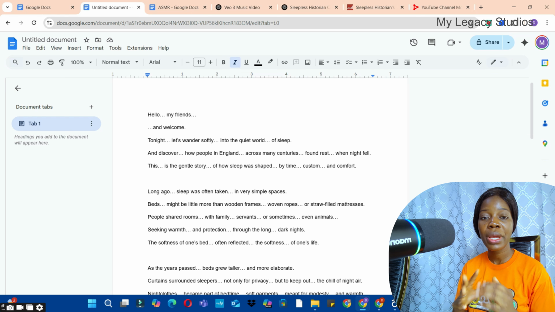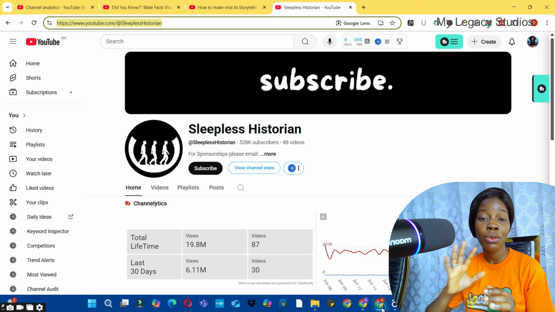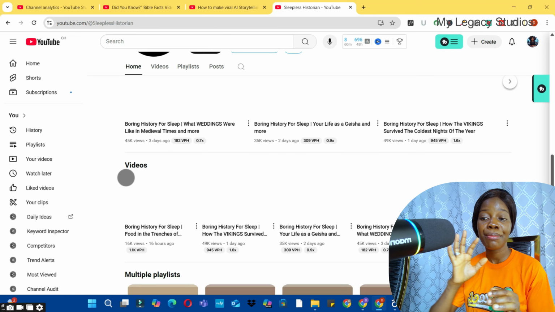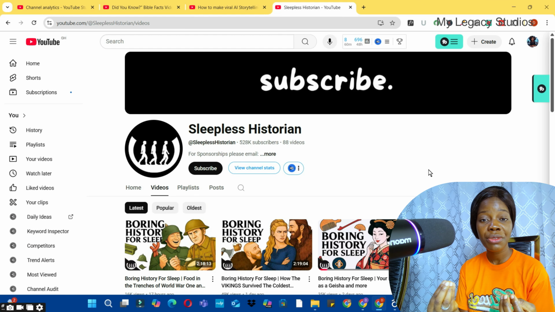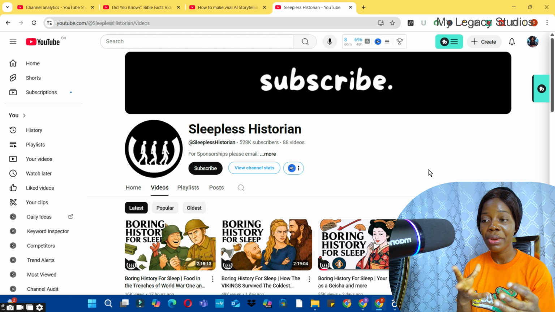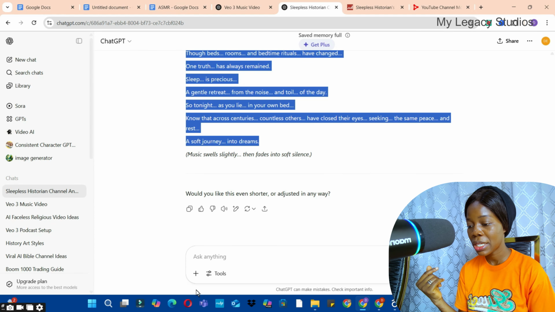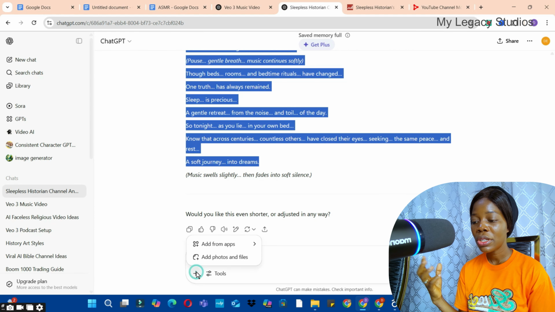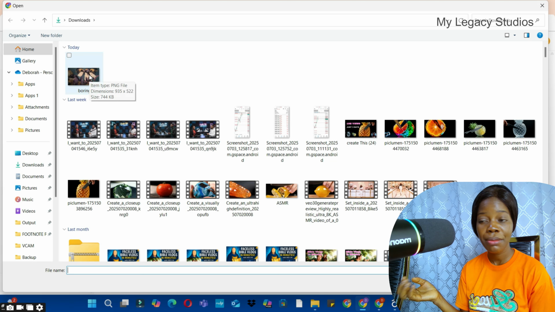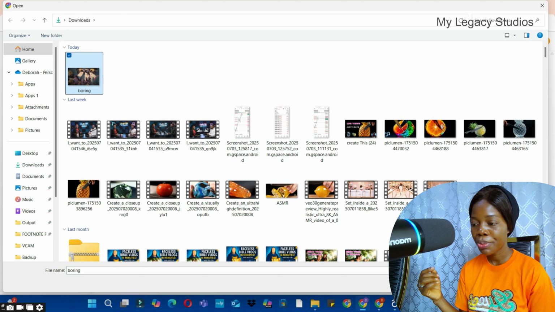For the image generation, we have a sample video, or a reference video. Now, if you look at our video carefully, you will notice that it follows a particular style of video and the images are in a particular style. For you not to deviate from your reference video, we are going to screenshot an image from the video to use as a reference. I've already screenshot the image, so go to ChatGPT and click on the add button, and then click on the location where you saved your reference image. So this is the reference image. Tap on it and click on the open button.